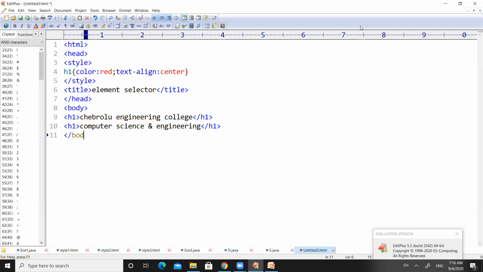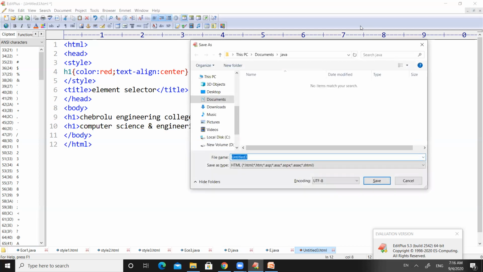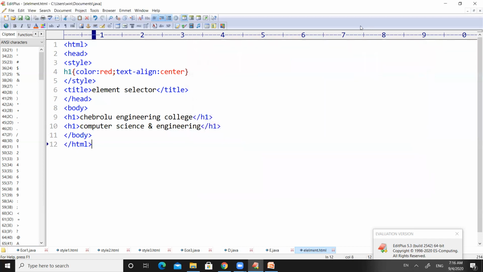Close the body tag first, and then close the HTML tag. Right. So now save the code with any name you like. Let us save this code as element.html, because we are working on the element selector.